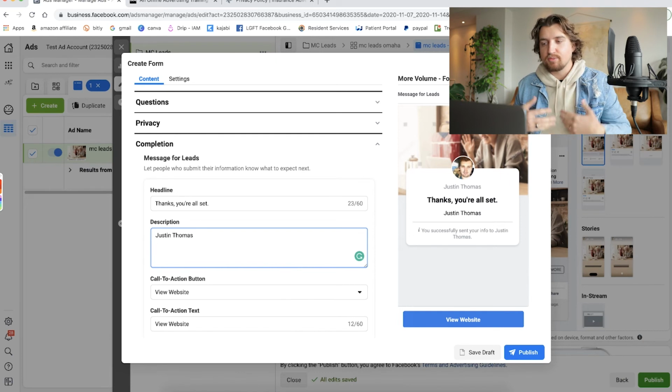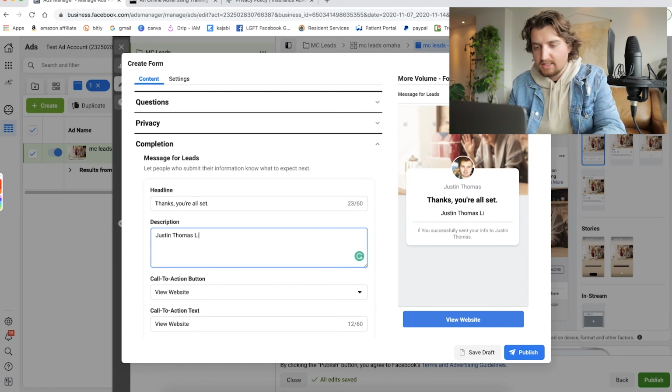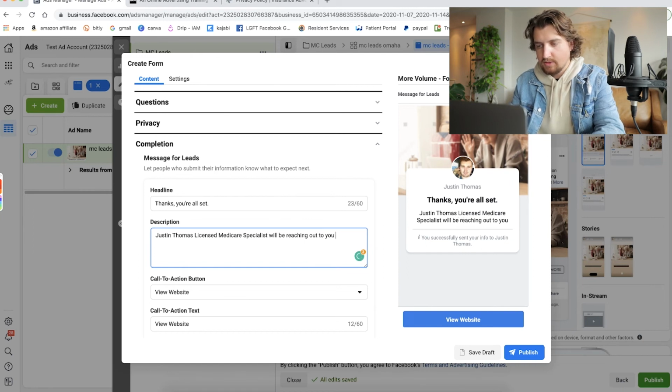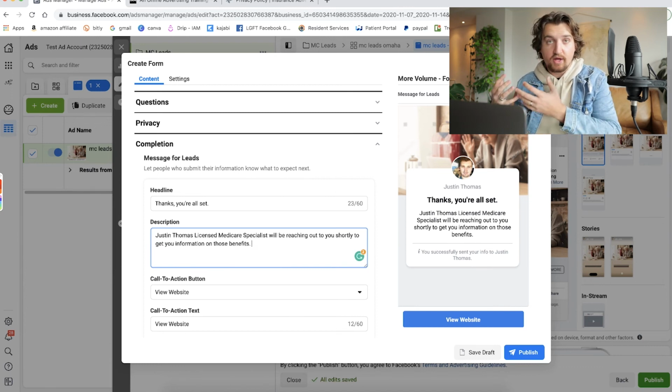But because this is me, I like to brand myself as I'm running ads. Same, that's how I teach all my agents to get their name out there, to brand themselves a little bit. So I like to put my name here, Justin Thomas, licensed Medicare specialist, will be reaching out to you shortly to get you information on those benefits. You want to make sure that this wording correlates with what your own ad copy is,